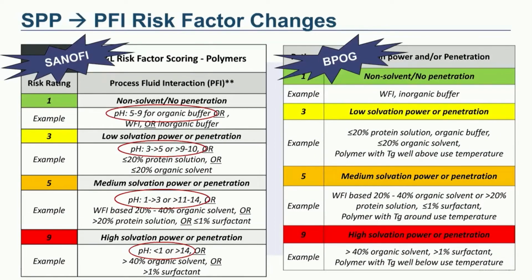So this is the most complicated risk factor here, the final one, which we call the process fluid interaction. So if you can see on the left-hand side, we updated the table to include pH across all the cutoffs, so it's very clear where we have them. And this is necessary because we have a lot of pH ranges in our production line. So we want to make sure we fully capture that. Then if you look closely, you can see that